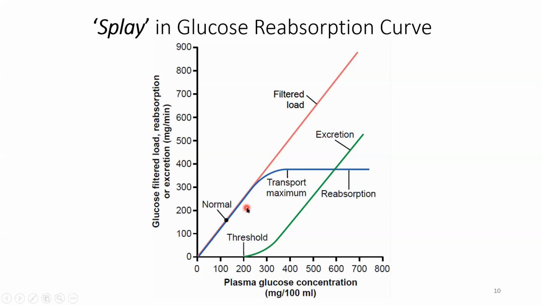So put your knowledge of the transport maximum into play. Imagine that the PCT is lined by all of these plasma proteins, which are waiting for glucose to come. It's just like a big hall, an auditorium hall. I'll give you an example. The auditorium hall has